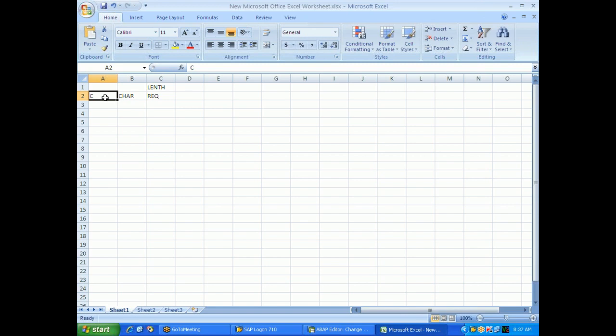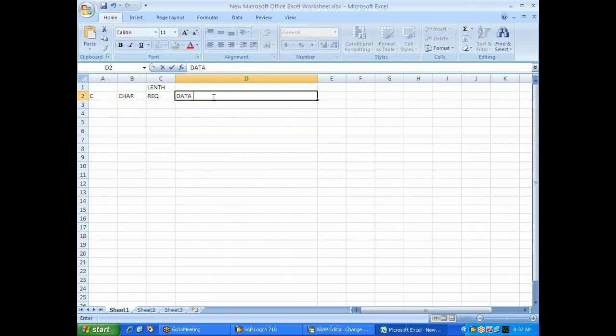Length specification in the sense, if you are giving something in C, you need to declare it like this: parameters or some variable name, where I will give a variable of length 10, type C. This is how you can declare.